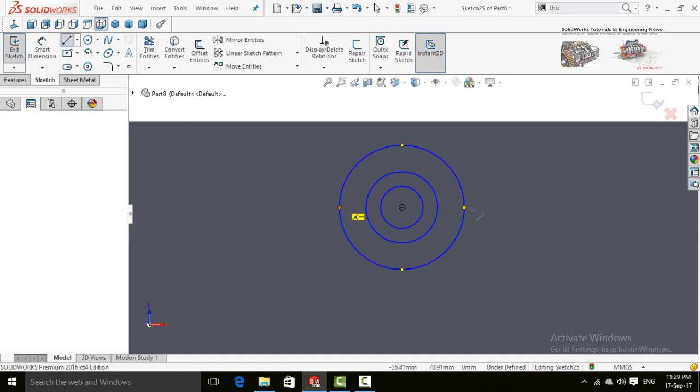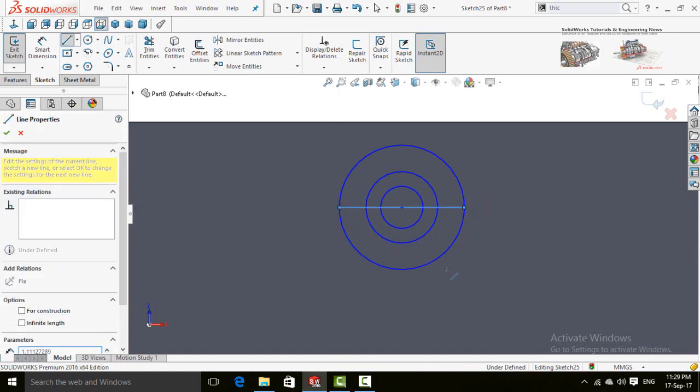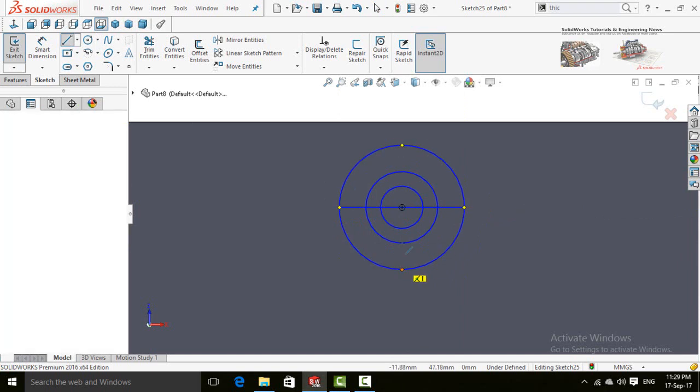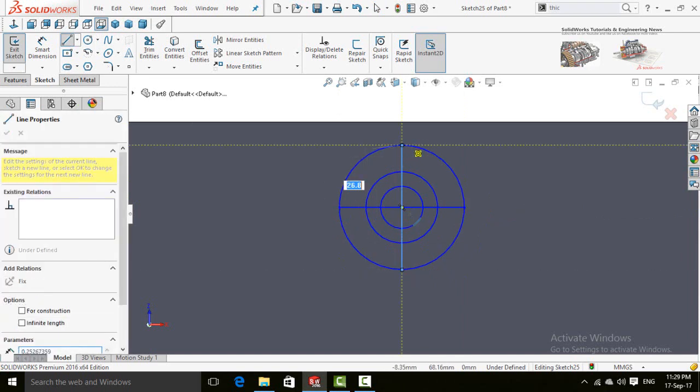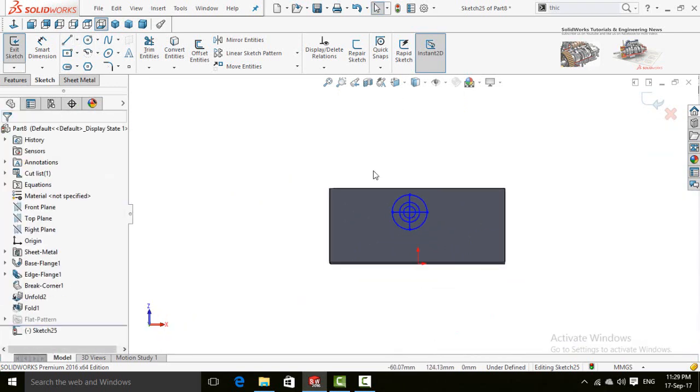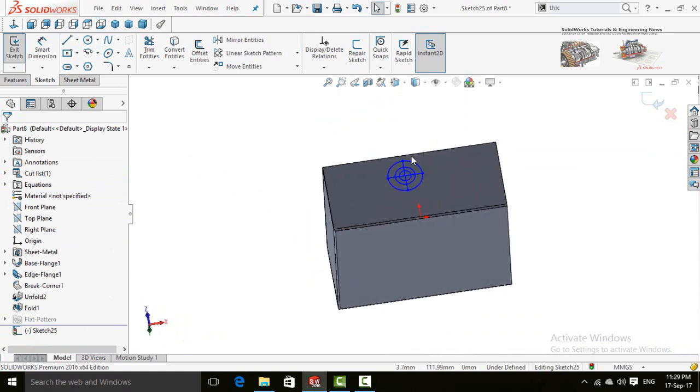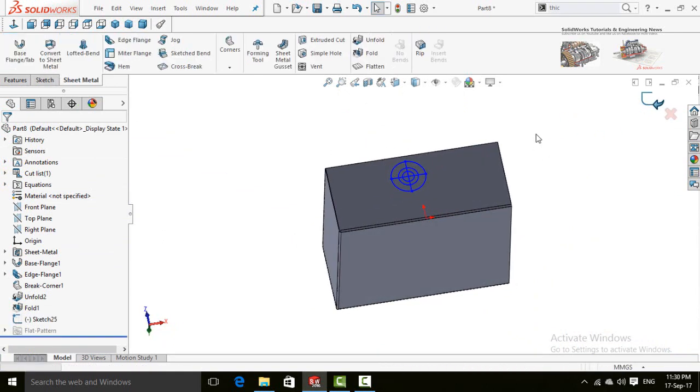Now line. As it is clear from the name, it is a vent for air fans as used in power supplies of computers. So once you have completed your sketch, save and exit from sketch.